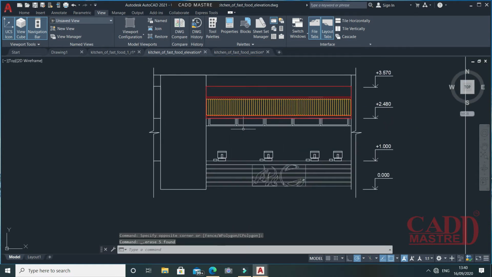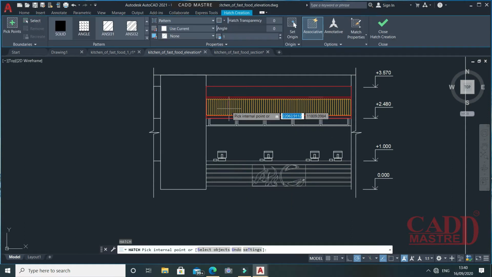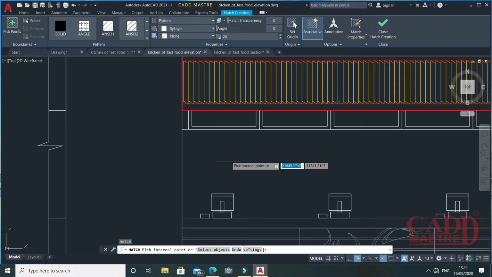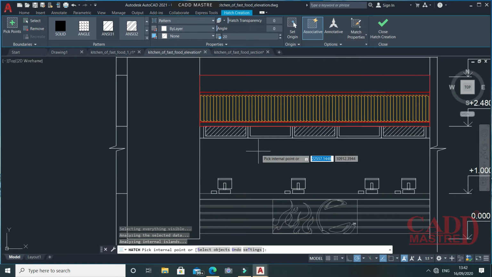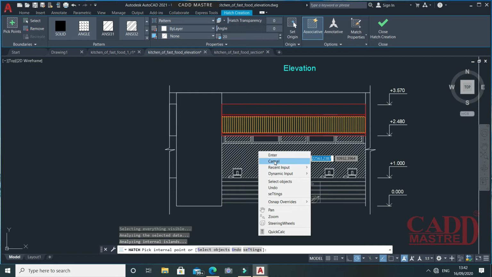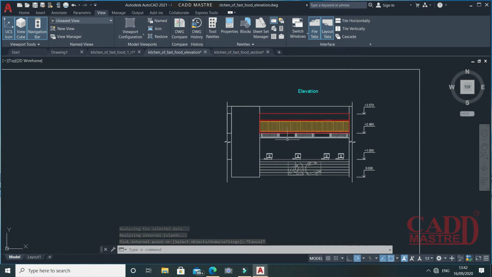And I apply some hatch over this rectangular block, so I use the hatch command. Once I finish with the changes made to the reference drawing, I'll save the drawing.